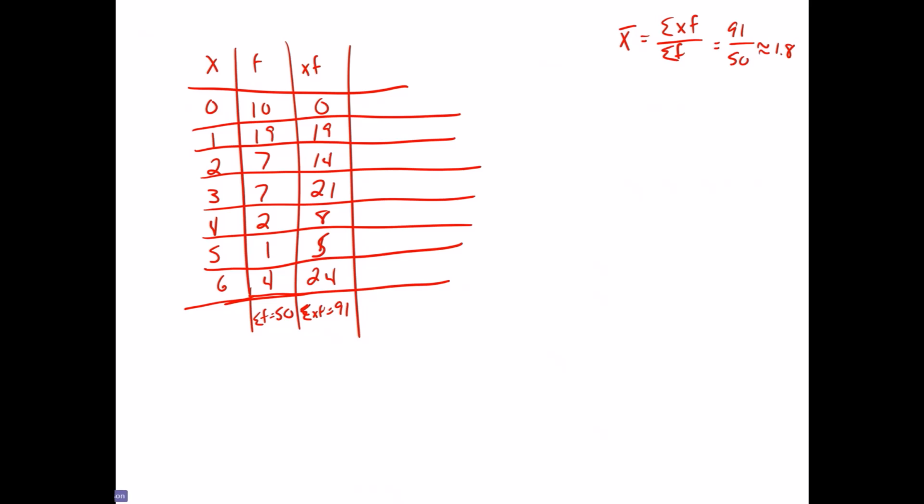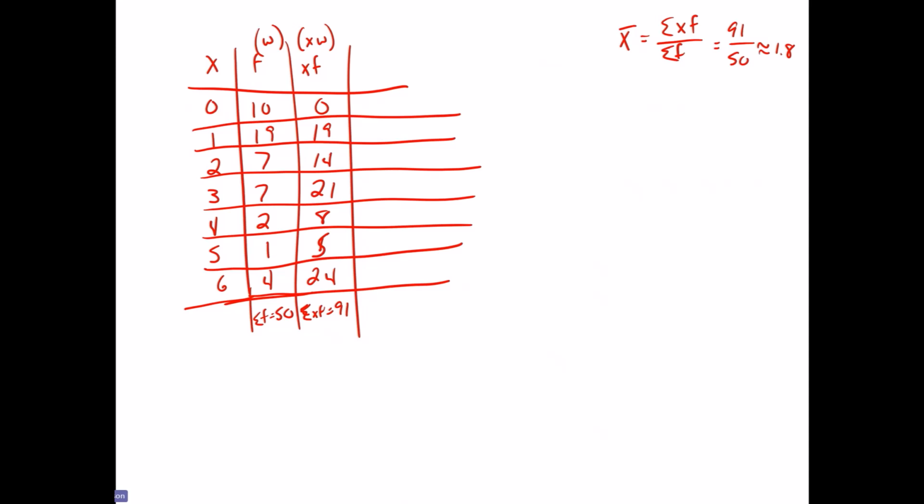So essentially you can think of this as just doing a weighted average, right? Your frequencies are your weights. So then this is really X times W, right? If you think about it in terms of doing a weighted average, your frequencies are your weights. So from here,